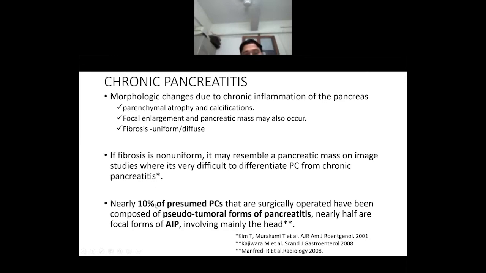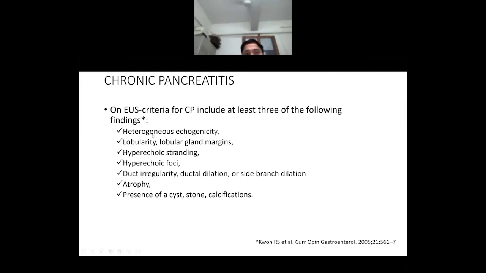Among them, nearly half are focal forms of autoimmune pancreatitis involving mainly the head. So 10% of patients who are operated on, presumed to have pancreatic cancer, were finally found to have pancreatitis due to autoimmune pancreatitis. And on endoscopic ultrasound, chronic pancreatitis is diagnosed by a criteria which includes at least 3 of the following findings: heterogeneous echogenicity, presence of lobularity and lobular gland hyperechogenicity, presence of echogenic foci, duct irregular dilatation, branch dilatation, presence of cysts. If 3 of these findings are present, then we can label it as